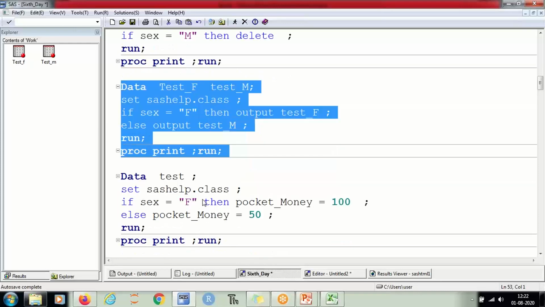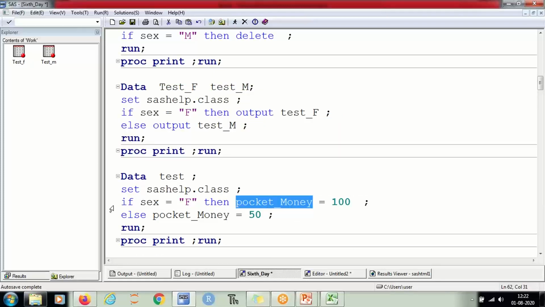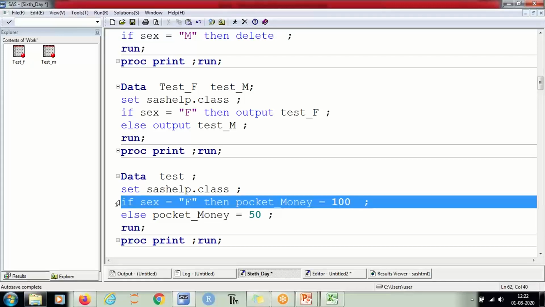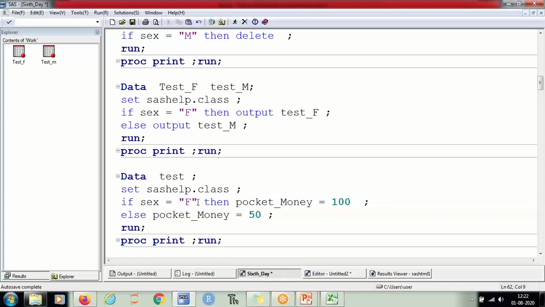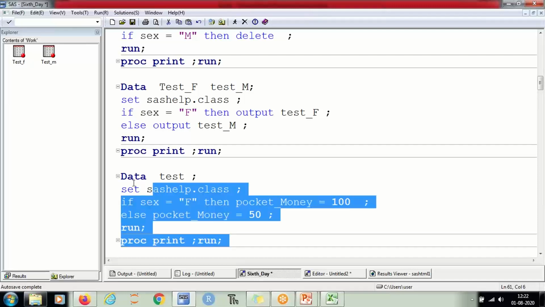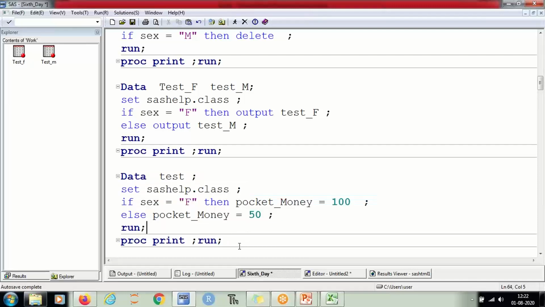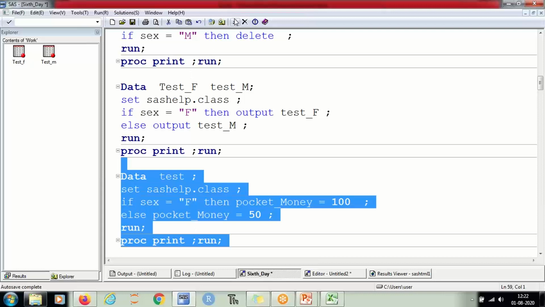All right. Similarly, we can create a new variable based on the condition, right? Based on this condition, we can create a new variable like pocket money. So it's just like your plain English.